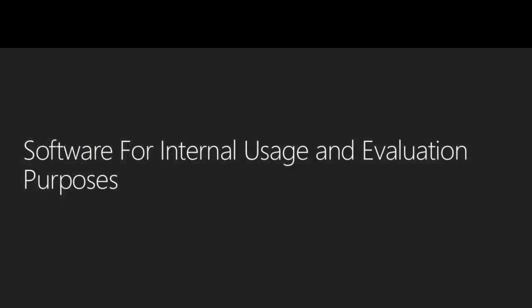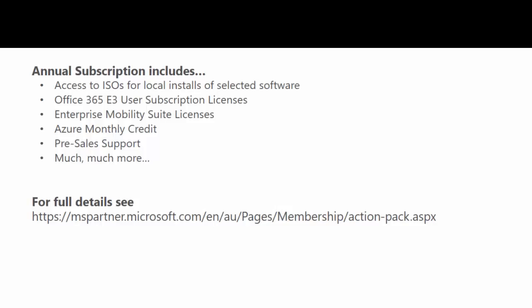So now let's move on and talk about the different ways that you can access software for internal usage. And we'll start off with the Microsoft Action Pack subscription. For those of you who may already be Gold or Silver Microsoft Partner Network members, you've already got access through those